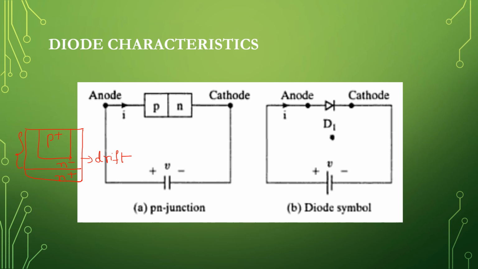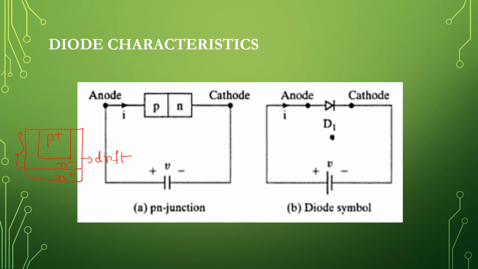If the anode is positive with respect to the cathode, the diode is said to be forward biased and the diode will conduct. When a diode conducts, there is a relatively small voltage drop across it. The magnitude of this voltage drop depends on the manufacturing process and the junction temperature. When the cathode is positive with respect to the anode, the diode is said to be reverse biased.